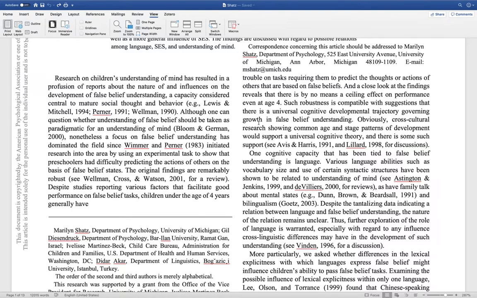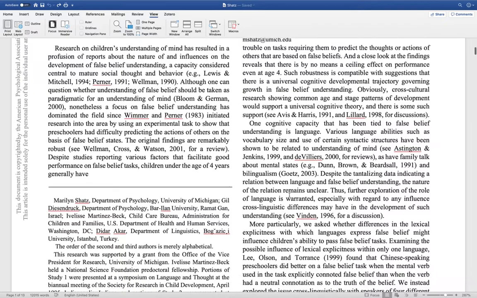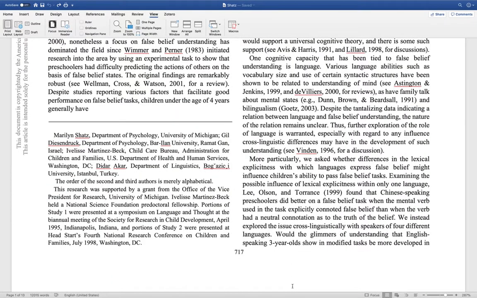But let's look across languages. If this exists, if the ability of a language structure to improve one's ability to understand someone else's mind exists, we'll find it cross-culturally in research examining language. More particularly, we asked whether differences in the lexical explicitness with which languages express false belief might influence children's ability to pass false belief tasks. All that's saying is languages with clear words that define false belief may lead kids to be better at these